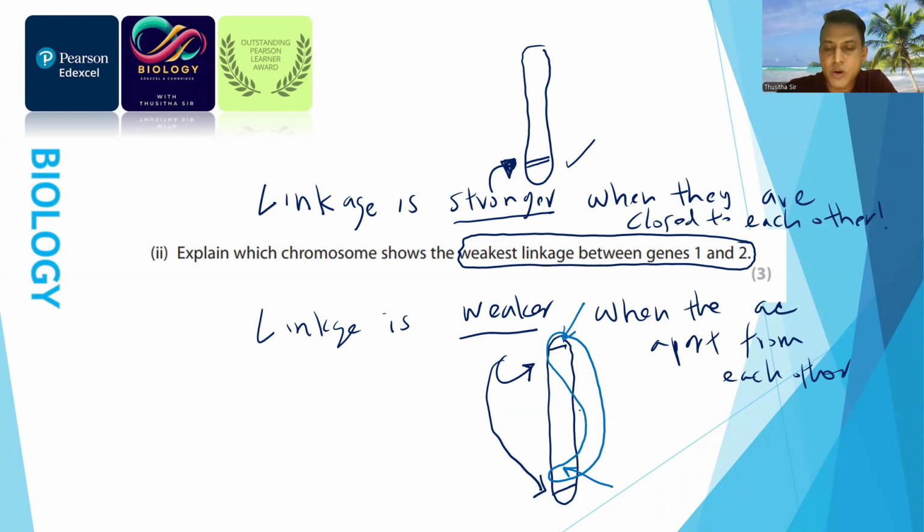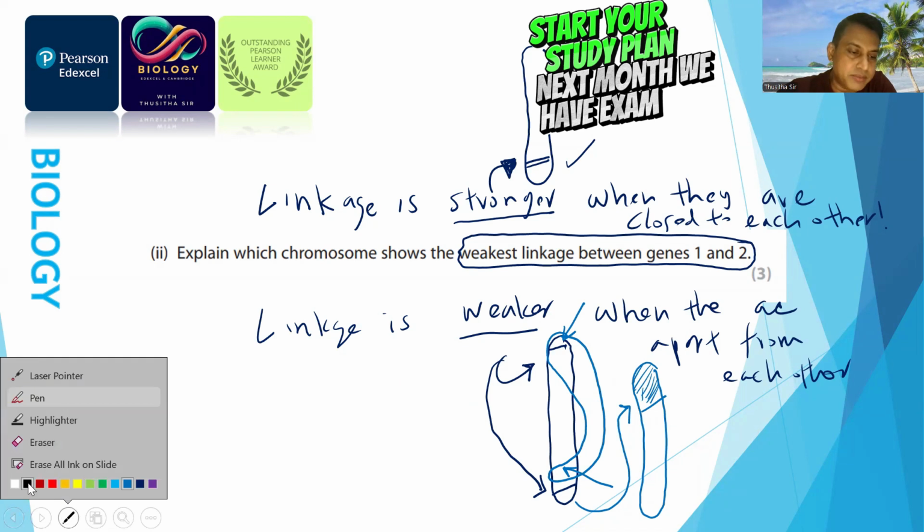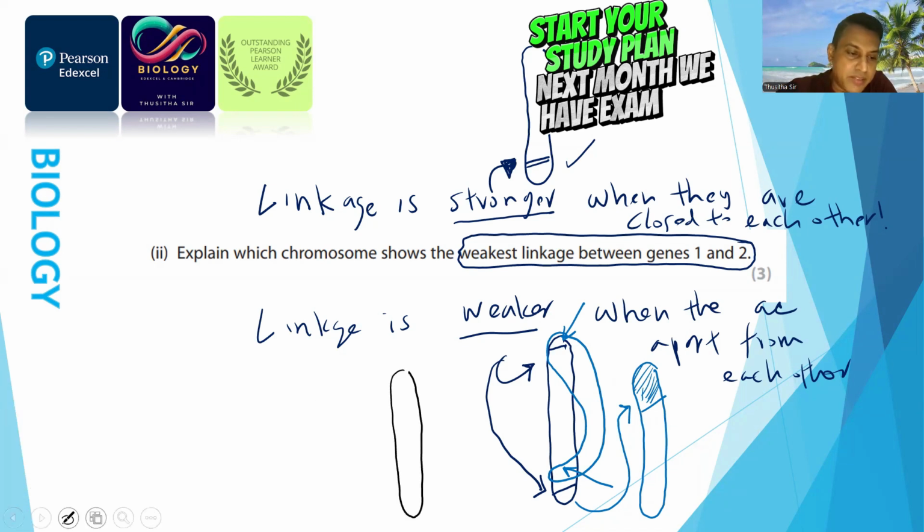Now it's overlapped. After crossing over, they are separated. After separation, we can see the blue one which carries part from the other one, and this part is coming from the black one. I use the black color for this one, and the blue color for this one. So the black chromosome gets the blue part, the blue chromosome gets the black part, and that's the exchange of the DNA. Now this gene, which was located here, is moving to this place. So there is still a chance of separation of the genes when they are located on the same chromosome,